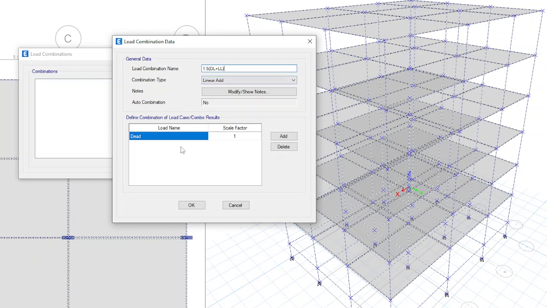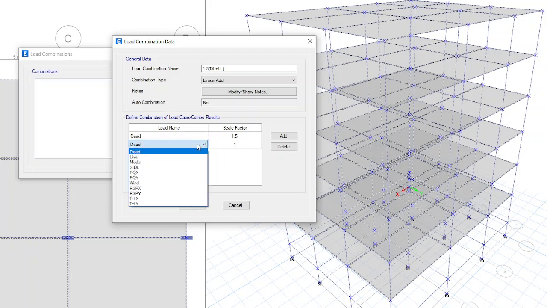Below, by default you have dead load. In the scale factor you mention 1.5. Again click on add. In the second one, select SIDL in the drop down, scale factor 1.5, because SIDL is also a dead load only.